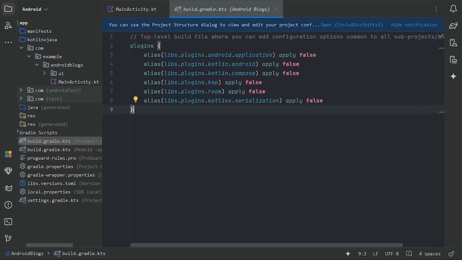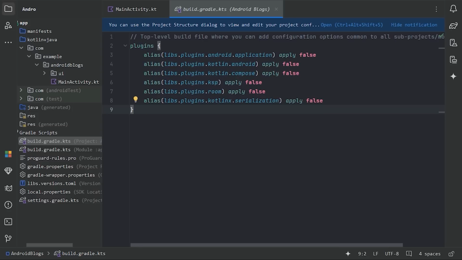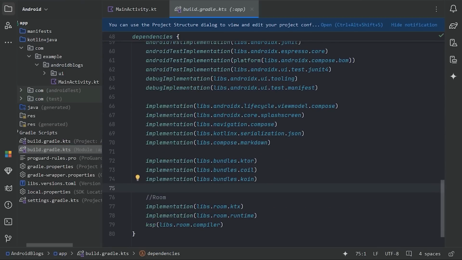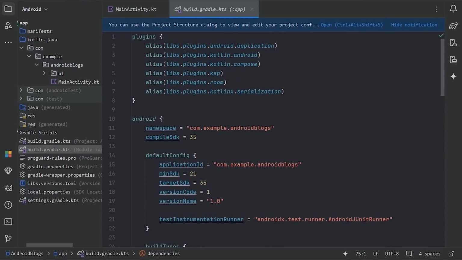So what happens when our app grows? We need to divide our whole code base into different modules based on features or something else. So this project level build.gradle file will be applied to the whole project. And next we have the build.gradle module level file. And since we will be having a single module for our whole application,